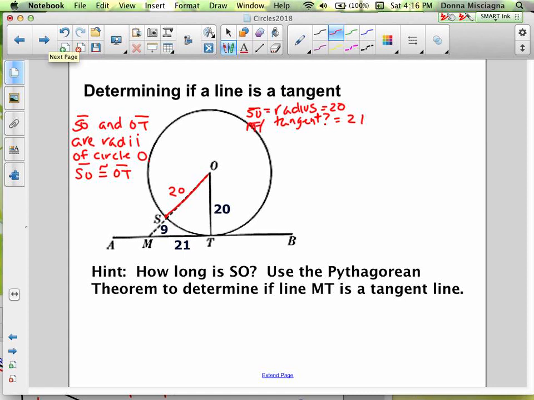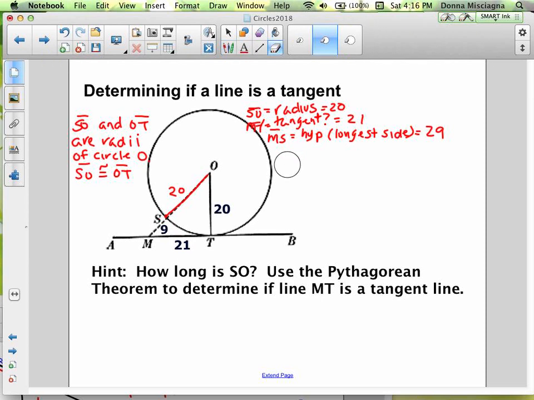Then MS is the longest side. We're checking this. It's only really called the hypotenuse if this is a right triangle, but we'll just call it the hypotenuse, because it is the longest side. And we're going to check, does the Pythagorean theorem hold? So when we set this up, it's going to be